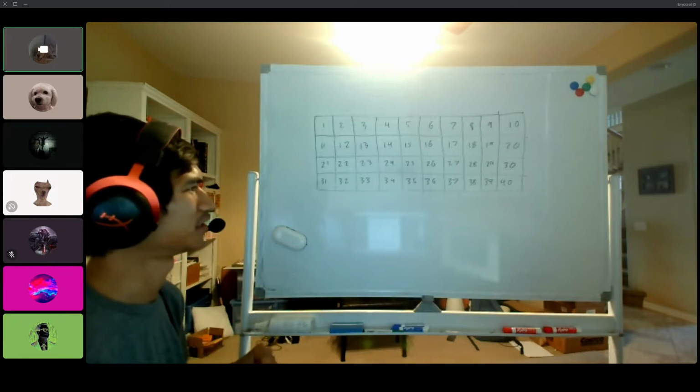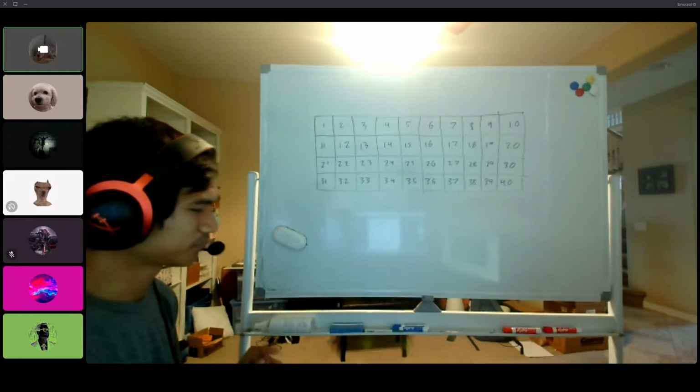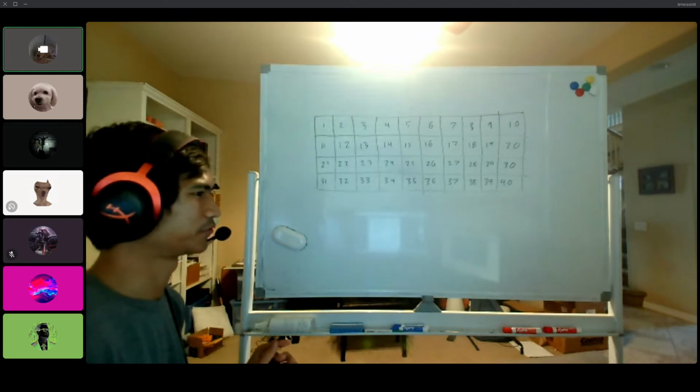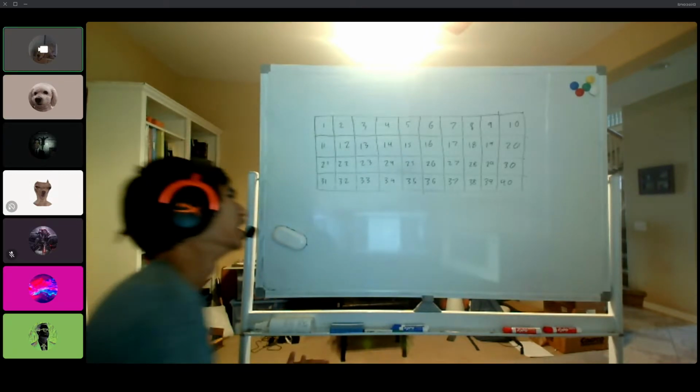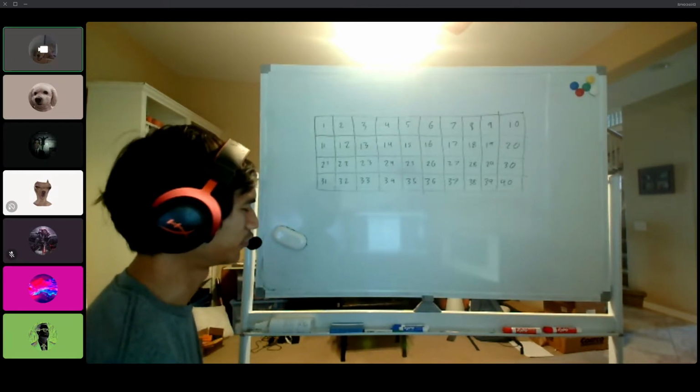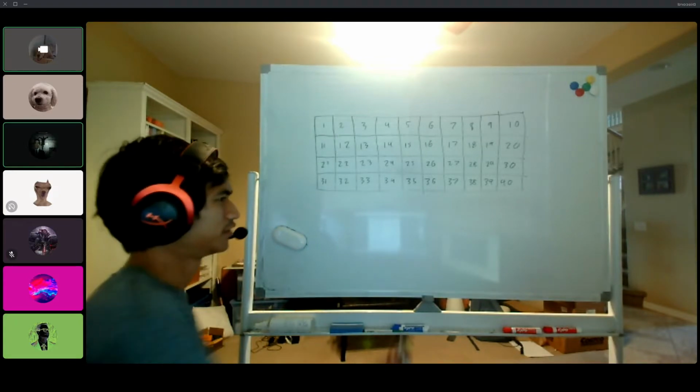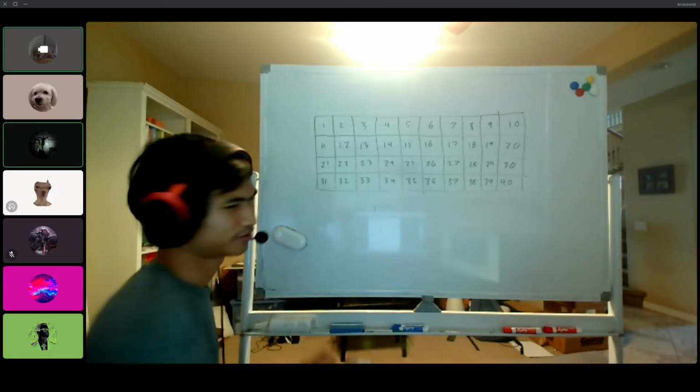in constant time. So just as prerequisite knowledge in case you don't know, a prime number is a number that can only be divided by one and itself. So if we look at like 13, right,